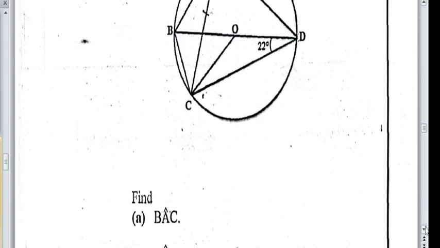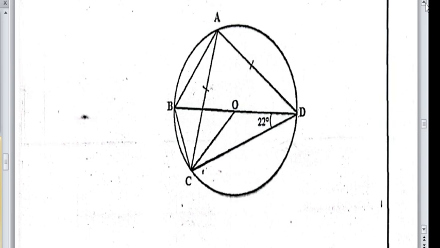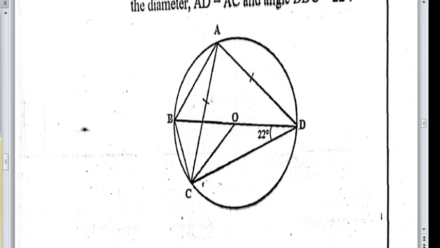So look at, like the first question, they want us to find angle BAC. So where is angle BAC? So you go back to the diagram and you look at, this is B, that is A, that is C. So they want us to find that angle as angle BAC. And what do you think is the value of angle BAC? Now, it will be important for you to note that angle BAC is the same as angle